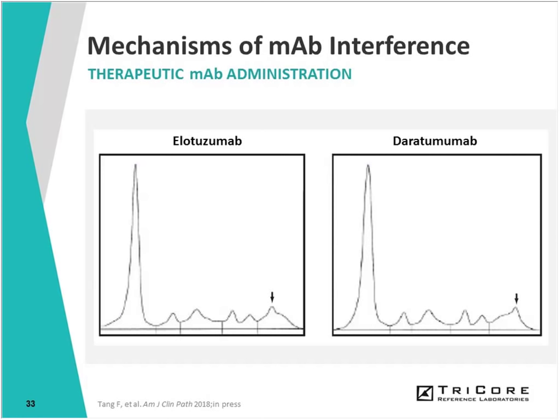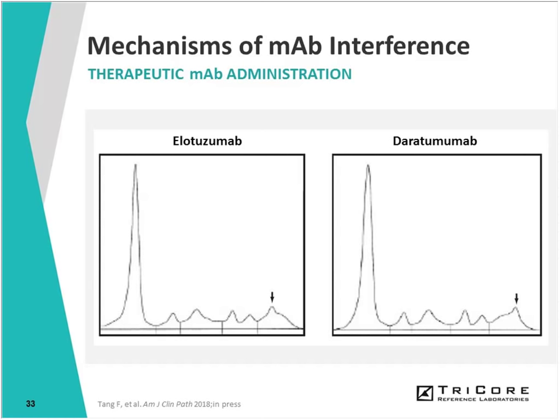While endogenous monoclonal antibody interference has been appreciated for many years, interference from therapeutic monoclonals, or immunotherapies, is really a more recent development. And this type of interference is most commonly seen in serum electrophoresis tests. As examples, elotuzumab and daratumumab are two therapeutic monoclonal antibodies that are used to treat patients with multiple myeloma. Now, both of these drugs, most of these immunotherapies, can cause abnormal peaks in the gamma region of the serum